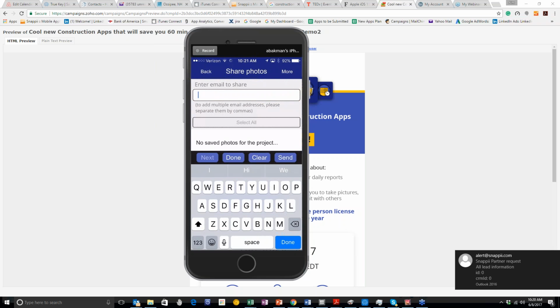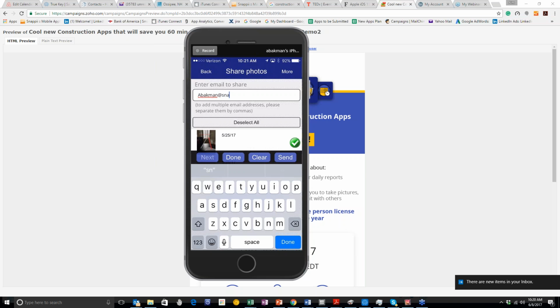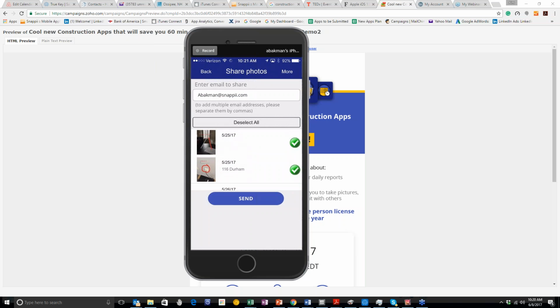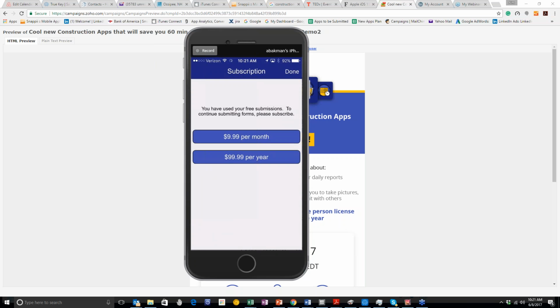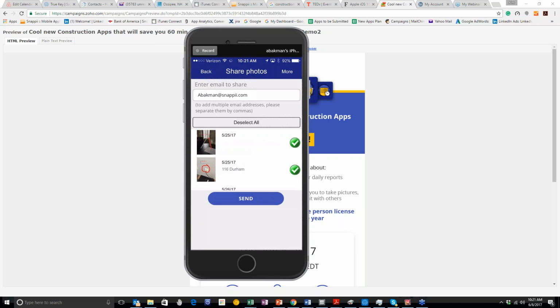I type in an email address. And I can do more than one, just need to separate them by commas. Oh, I didn't type it in quite correctly. Snappii. Okay. And then I can go and select which pictures I want to share. Let's say, this one, or deselect, more to the point. Hit send. Okay. I didn't pay my subscription. Okay. You get the point. And there it is. Basically, I just shared that with others on the project. So really, really quick, easy,